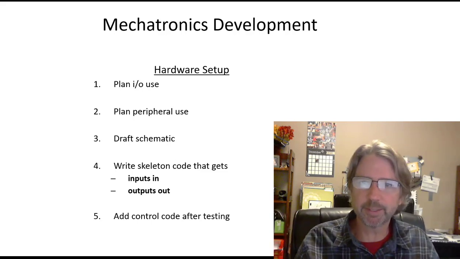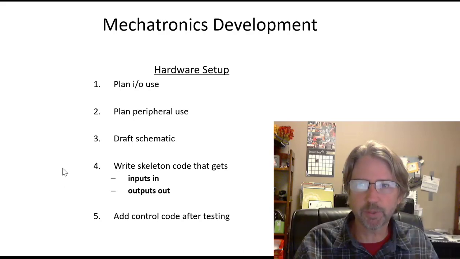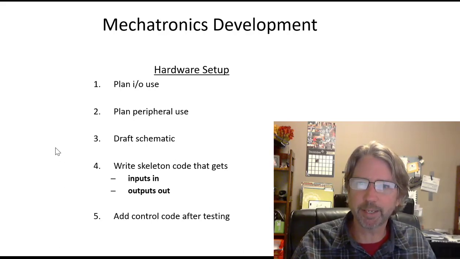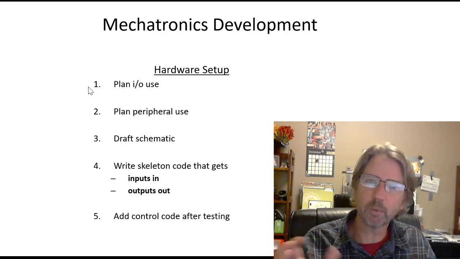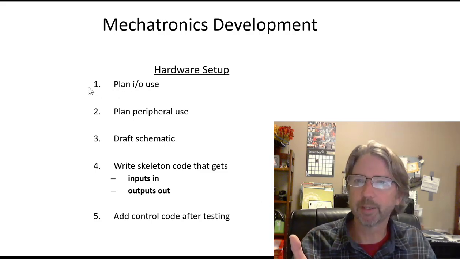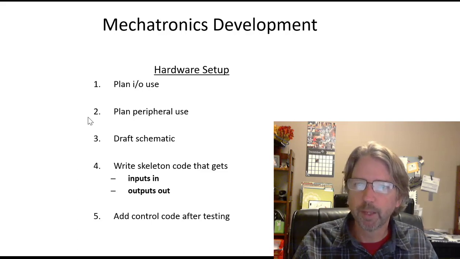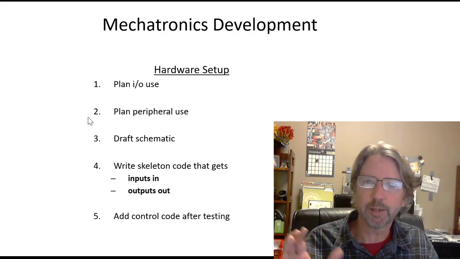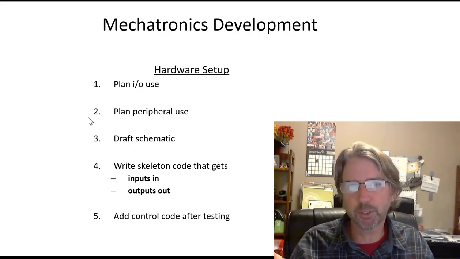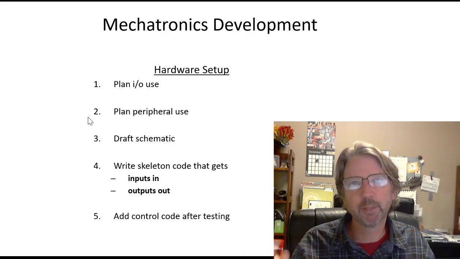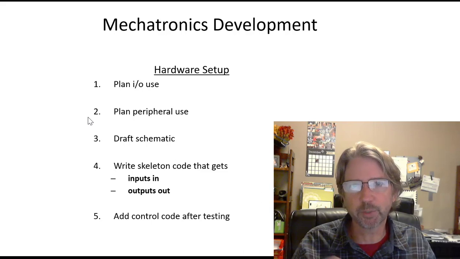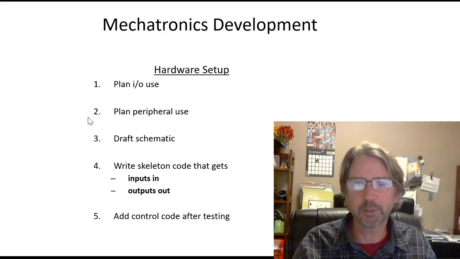So this step-by-step process is one that I've used for developing mechatronics things, and the idea is to first make some plans on what hardware we're going to connect up to the Arduino or the microcontroller. So plan our inputs and our outputs, which pins we're going to use. Plan the peripheral use. Peripherals are things like analog to digital converters and serial ports. You might only have a few of those, or not every pin can do every job. So make sure you're using the right pin for the job